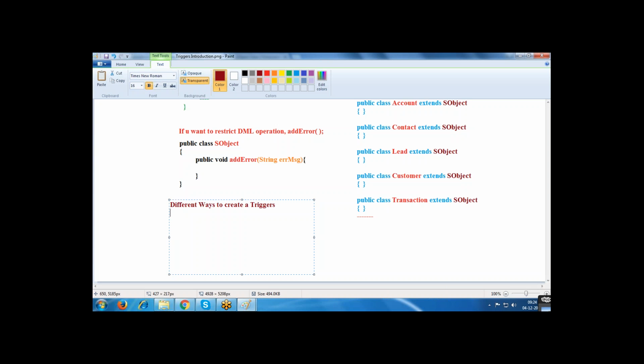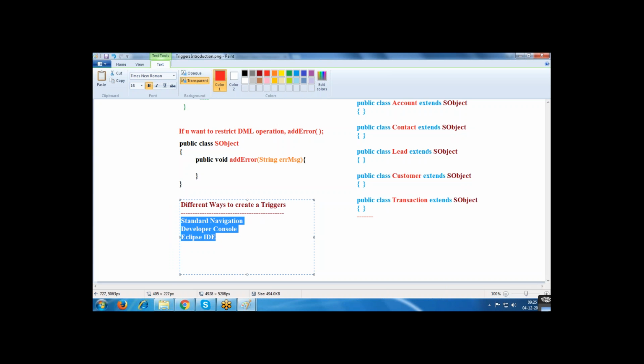Different ways to create a trigger: one is standard navigation, one is developer console, one is Eclipse IDE. Using Eclipse IDE, you can create. Like this, we can create the triggers in different ways.